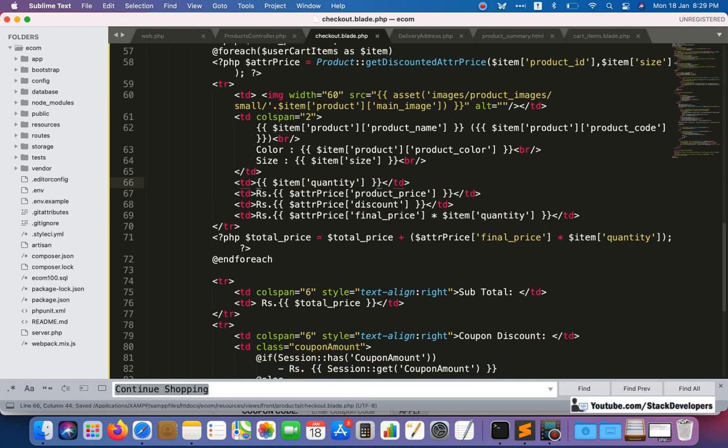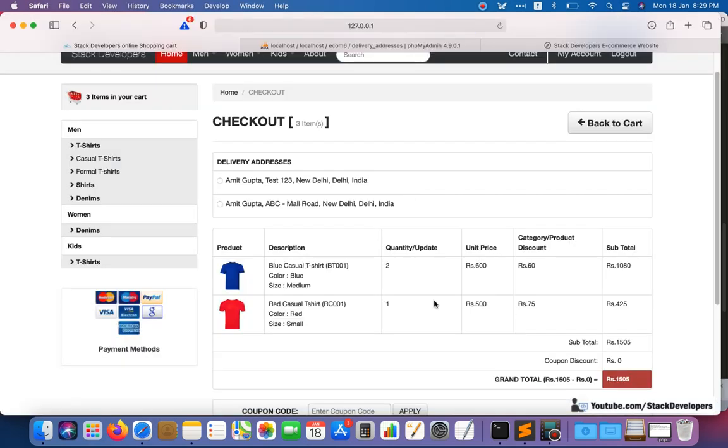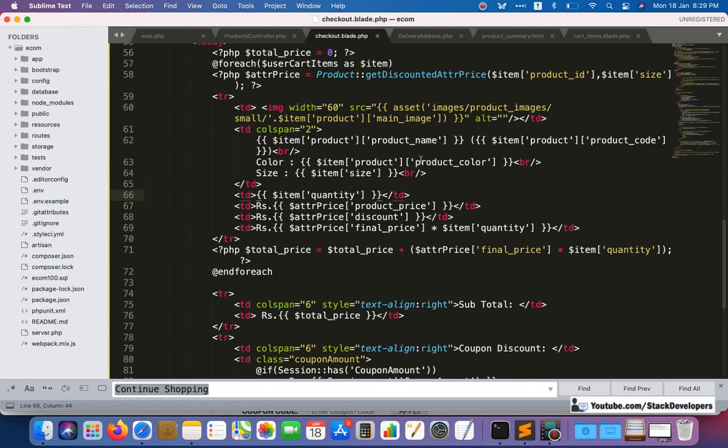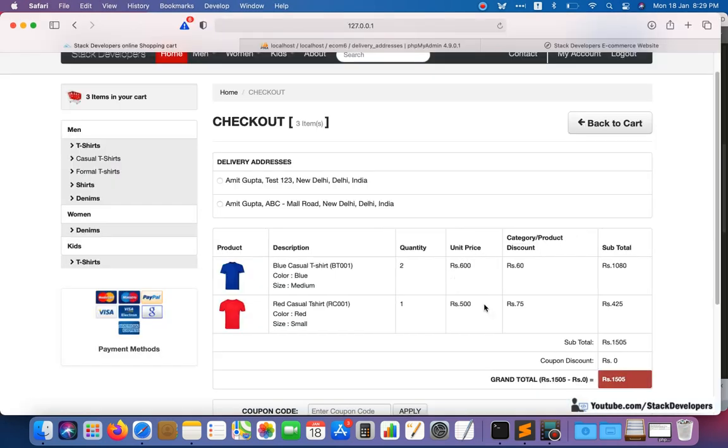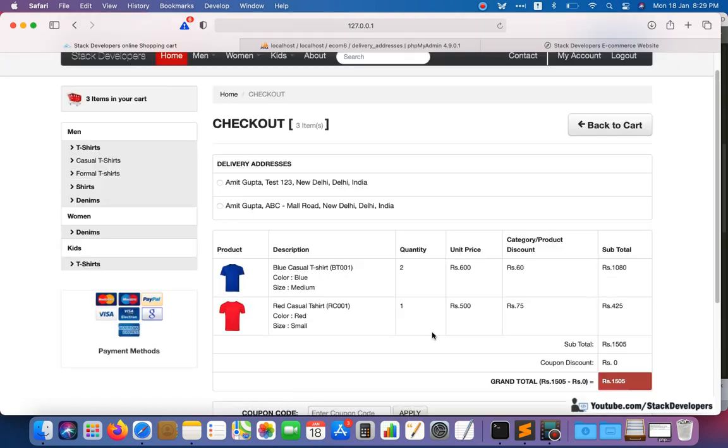Okay, so now we can check out, see quantity. Okay, so here we can remove that update kind of thing as well. Fine, so here see product is coming, description is coming, quantity we are showing, but we can't update, we can't delete the products. Here we are showing the grand total as well.